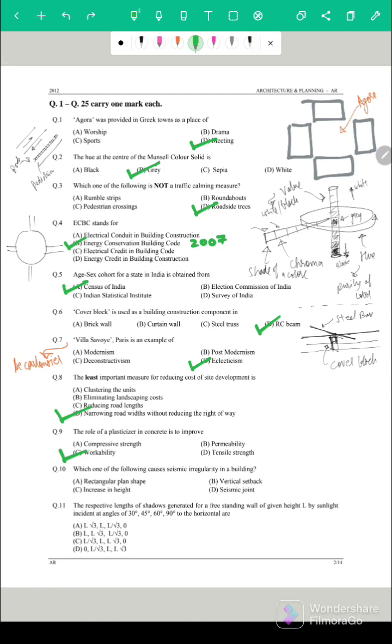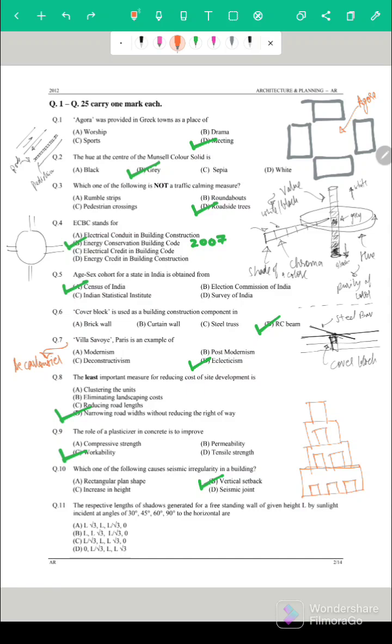The question number 10 is, which one of the following causes seismic irregularity in a building? So the correct answer of this question is option number B, vertical setbacks. So what is vertical setbacks? So suppose this is a building, this is ground floor, this is first, then it is second, and this is the fourth floor. So in these floors there are several setbacks